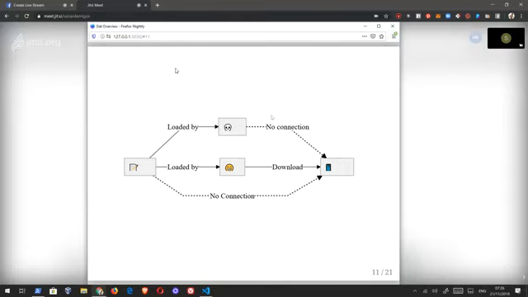So for instance, I can load a website on my device, and if somebody is looking for that website's data and they're on the same Wi-Fi network as me, and we don't have an internet connection, they can still load that website directly from me rather than having to worry about coming back online. In fact, a lot of traffic can be more local without having to go all the way out to